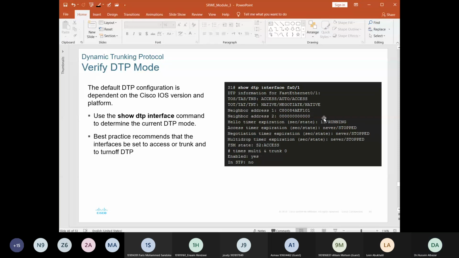Finally, how we can verify the dynamic trunking protocol. The default dynamic trunking protocol configuration depends on the Cisco IOS version and the platform. We can use the show dtp interface command to determine the current DTP mode. Best practice recommends that the interface be set to access or trunk and turn off the DTP,